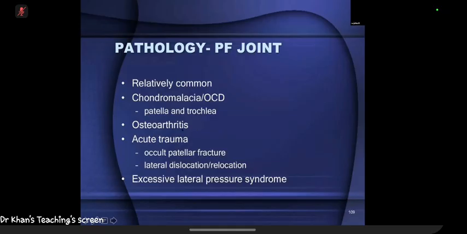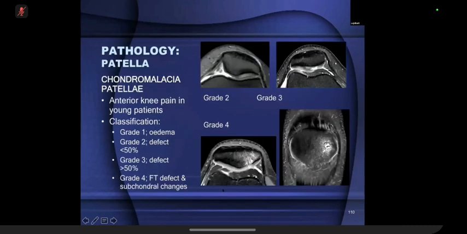In patients with osteoarthritis, you'll get chondromalacia. In patients with acute trauma, you will get acute injuries to the cartilage and to the bone. We can get lateral patellar dislocation, subluxation, and then relocation, and excessive lateral pressure syndrome, in which the patella is always being pulled towards the lateral side. So this is what you need to see in terms of chondromalacia. Here, you've got the medial patellar cartilage, which is slightly more bright. So that's softening of the